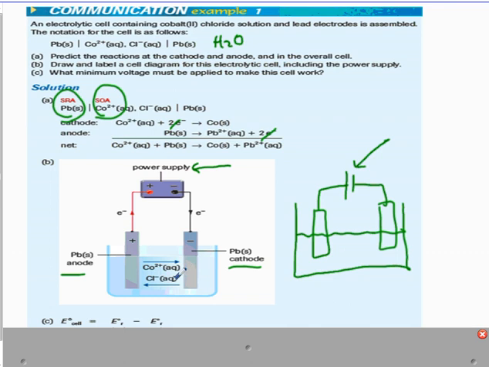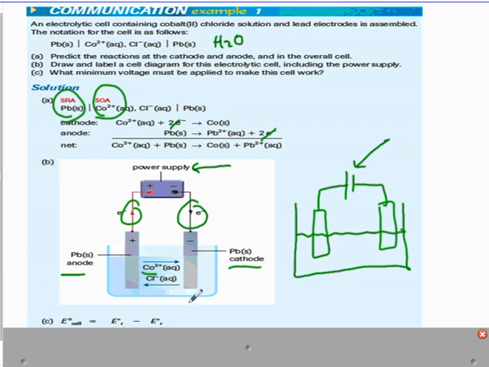So that's the same between voltaic and electrolytic. That part doesn't change. So if we call this our anode and this one our cathode, the electrons flow from anode to cathode. Cations, so positively charged ions, flow towards the cathode, and anions, negatively charged ions, flow towards